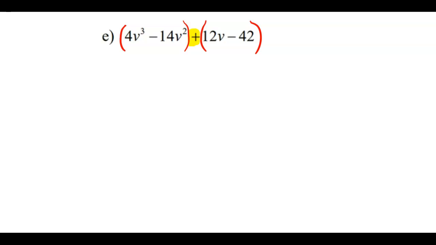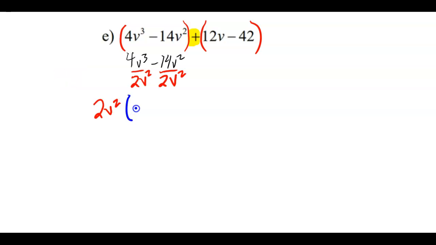So what is common out of the first 2 terms? 4v cubed minus 14v squared. 4 and 14 both divide by 2. My GCF is positive because the first term 4 is positive. Okay, and then I have variables v cubed and v squared. So my GCF for the variables is going to be v squared because I have to have v times v to pull something out. So what am I going to get here? It's 2v squared